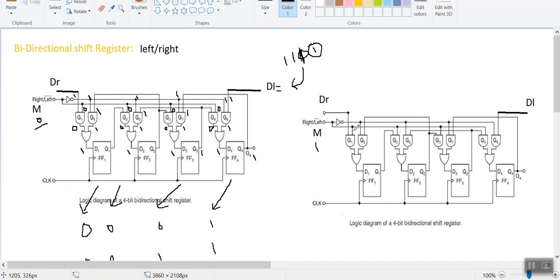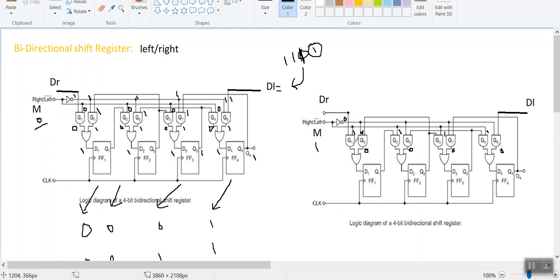Now, for the G1 AND gate, one of the inputs is 1. The other input for this particular gate, when M is equal to 1, becomes 0 after this inverter. So 0 goes to this gate, and 0 multiplied with another input, irrespective of the input, the output will obviously be 0. 0 into anything is equal to 0. You will get your output as 0, and for G7 it is also 0, and G8 is also 0.